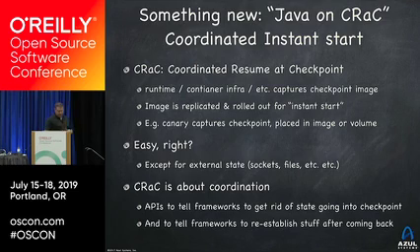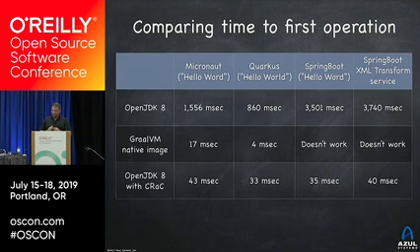Now, what does that mean from a time perspective? Here are some prototype numbers. What we did is we took Micronaut and put it on CRaC, and put Quarkus on CRaC, and took Spring Boot on CRaC. And even went into the XML transform service that really needs to do real work and put it on CRaC. We compared the time to execute on a regular JVM from a standing still start, to one of starting the same thing on CRaC. We also compared to the Graal native image, which some of these, especially Quarkus and Micronaut, are using for the quick starts. You've seen a demo of this earlier today with the native image stuff.